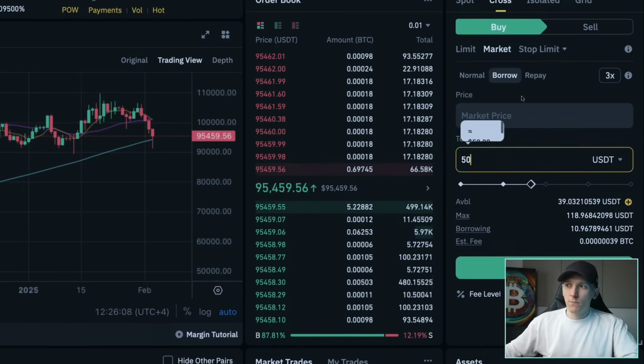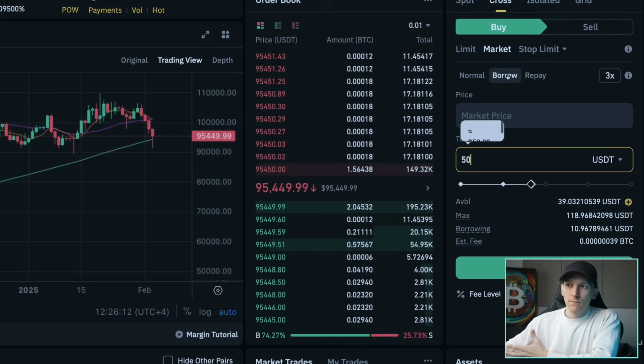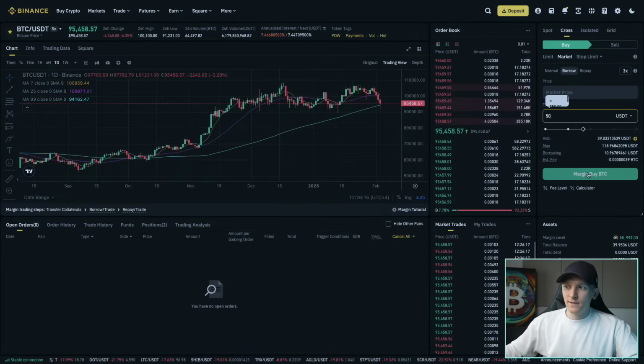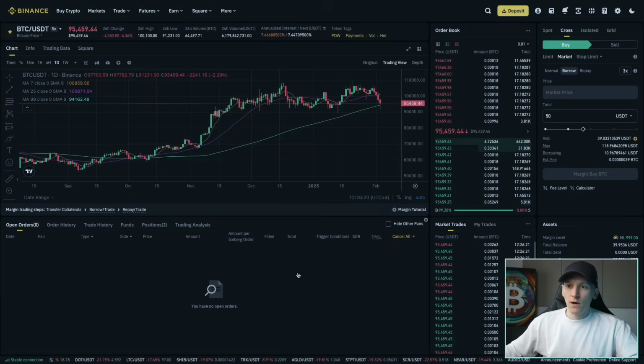Up here where it says borrow, that means automatically borrow if you need to. But if you don't need to, it's not going to automatically borrow. So it says margin buy BTC here. So I'm going to press that, confirm all of the details and the debt, press confirm, and then you have